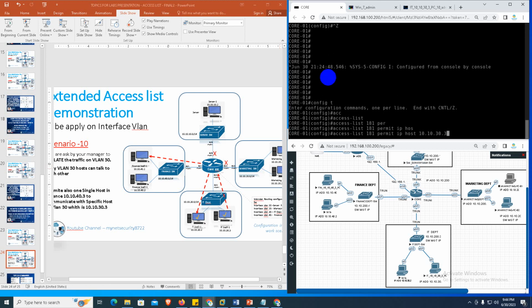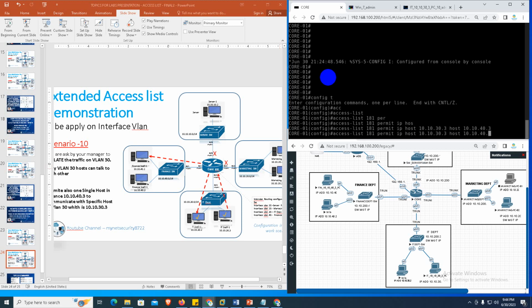10.10.30.3. This is the PC from the IT department, and then to host 10.10.40.3, which is from the finance. So only these two can communicate, the rest will not. And then except from that, we will permit also the whole subnet